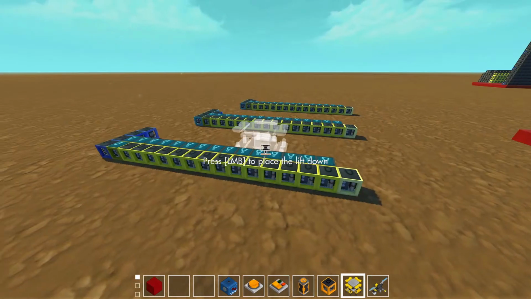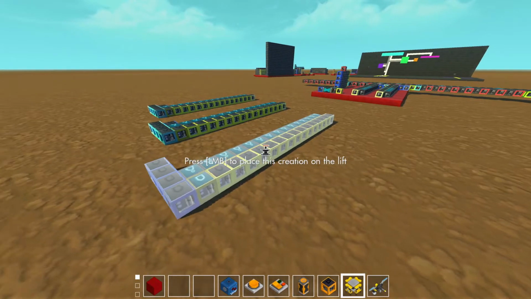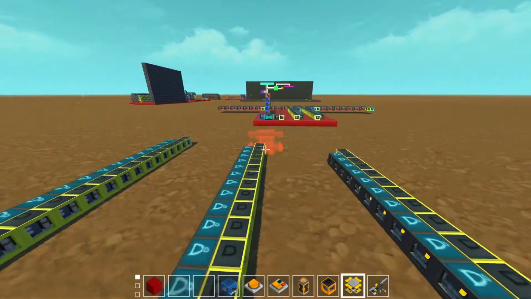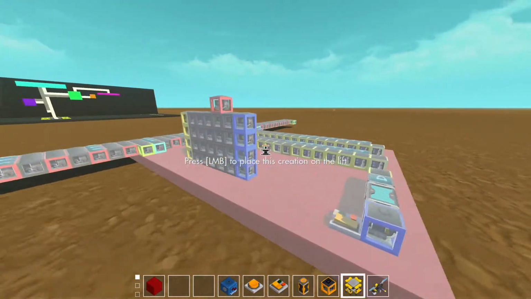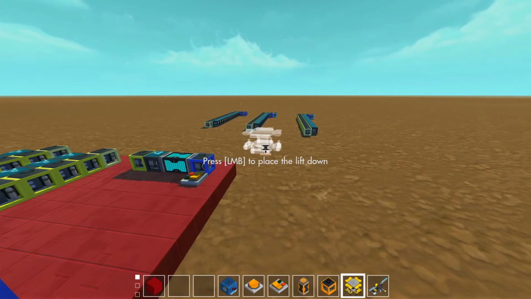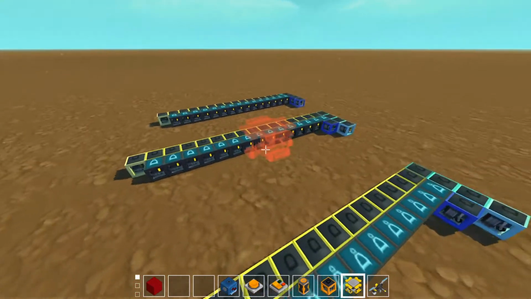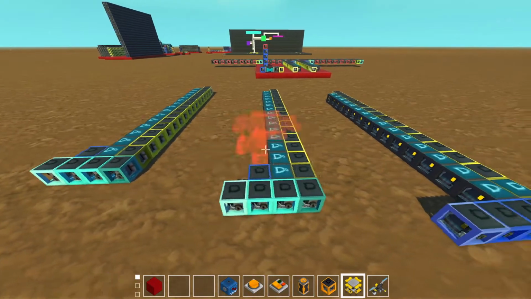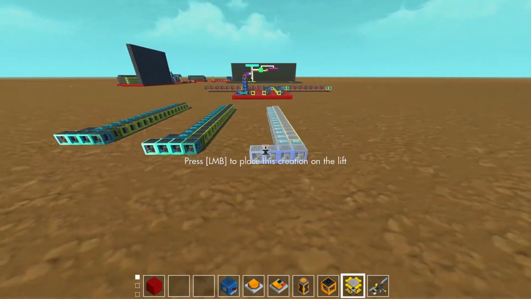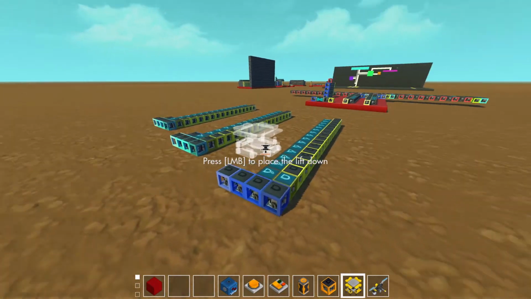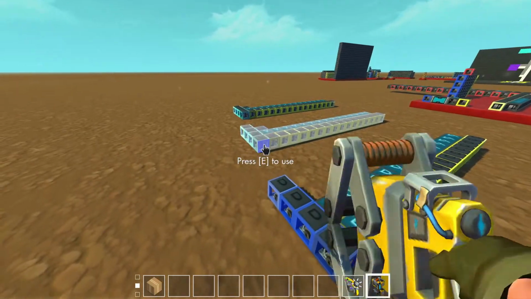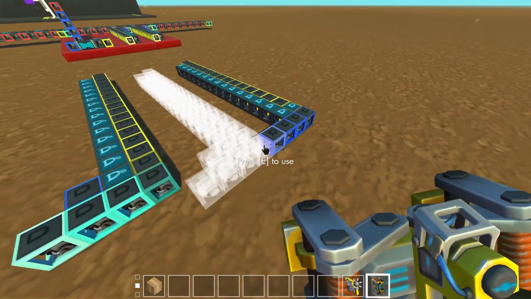Preloading the next state for purpose of, well, it's obvious. And then these can all be stacked on top of each other. Or horizontally. I think horizontally would be preferable in this case.